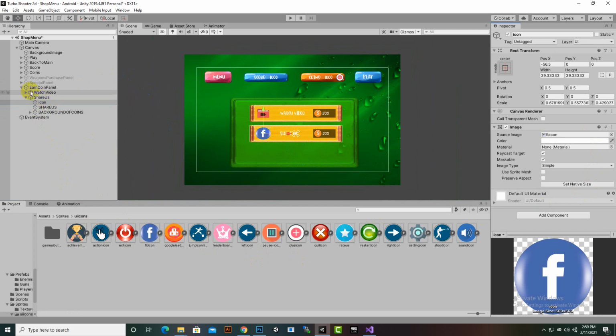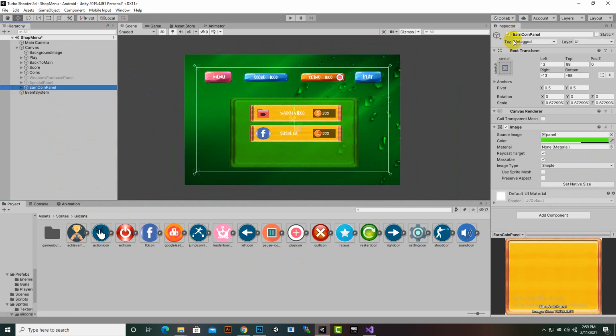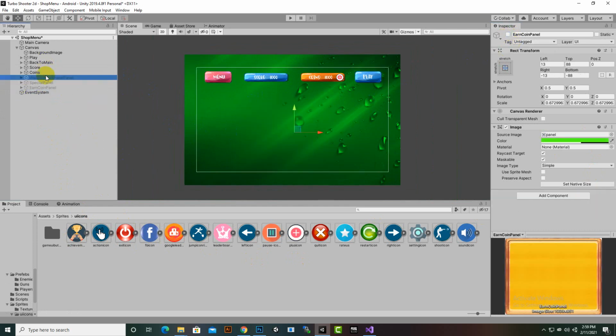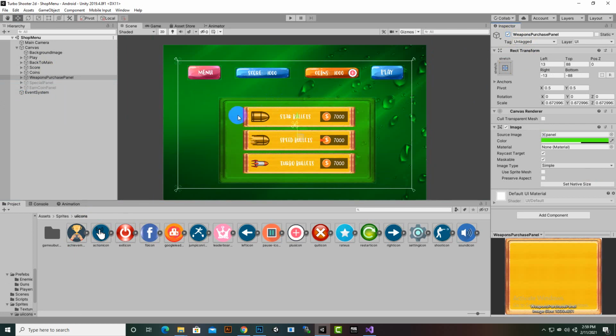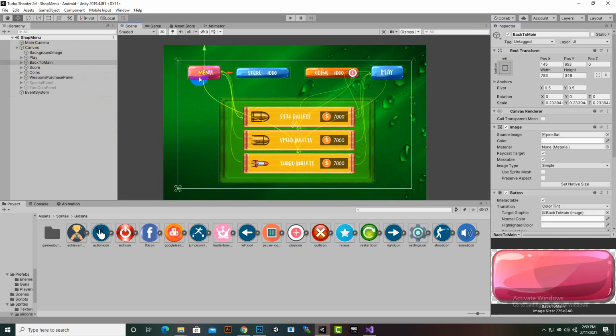We have created 3 panels now, and now what we can do, we can just hide this, and I will just enable the first panel, and here we will add 3 buttons. When we click on some button, our panel will be displayed here. Okay, so for that purpose we can just duplicate this menu button. So I will just duplicate it, I will just bring it here, and I will just place this button